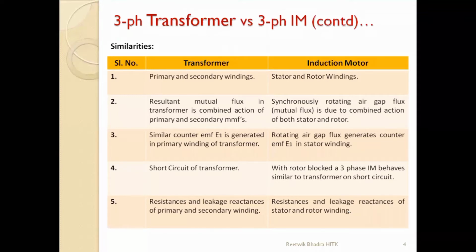Next, recall the transformer from my first and second classes. But think about the basics, no need to recall anything. When the transformer was given any supply V1, a counter EMF was generated in the primary of the transformer. That was called your EMF, E1, which was always opposing in nature. Similarly, if you give a supply to the stator winding, a counter EMF, E1, will be generated on the stator side. So both have a counter EMF generated due to the supply given to the stator windings or the primary windings. And lastly, these are all 5 important points.